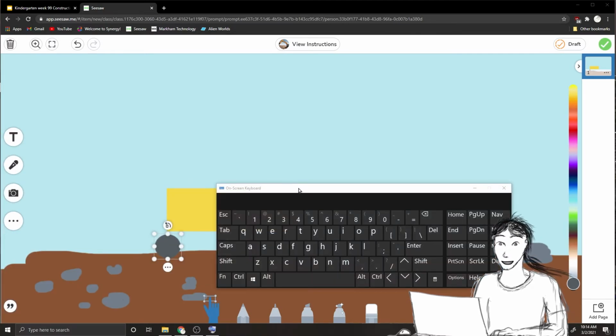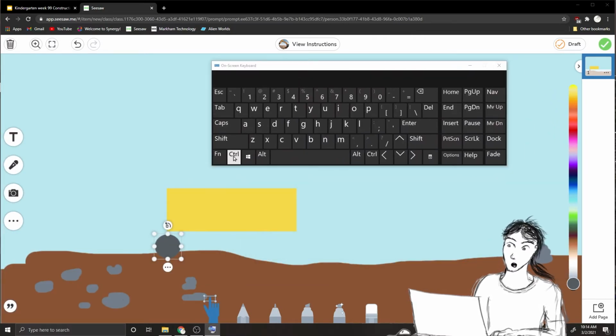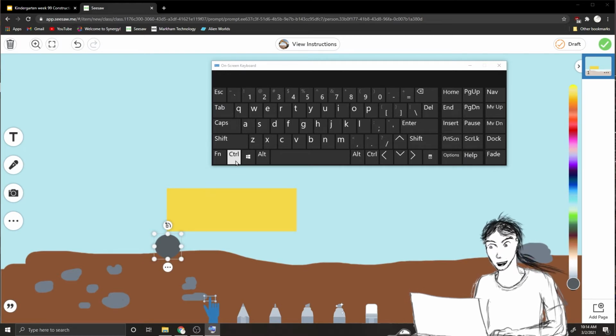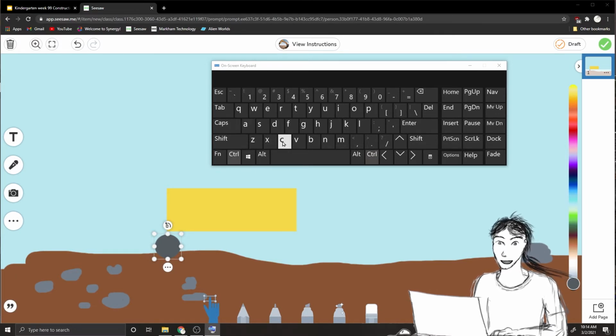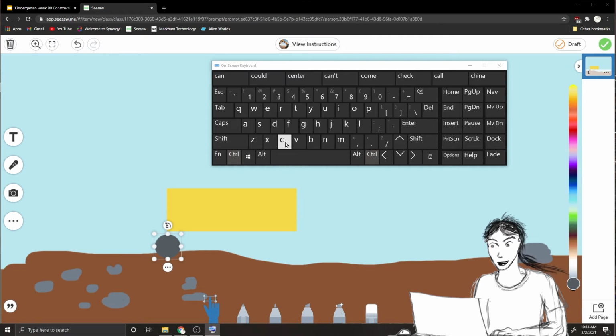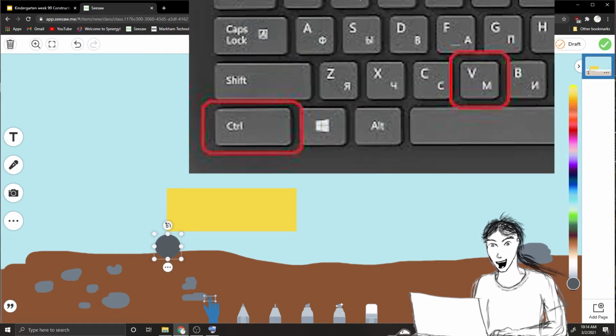To copy and paste, you want to hold down one button. You want to hold down the control button with one finger. So you're holding the control button down, okay? There it is. So I'm holding this one down, and then I press C once with another finger. Boop. So I copied it. Okay, now I want to hold the control button again, and I'm holding this one down still, okay? And I want to press V to paste.